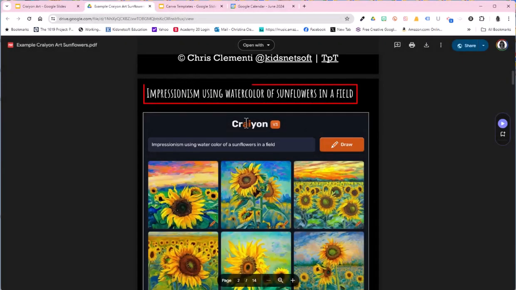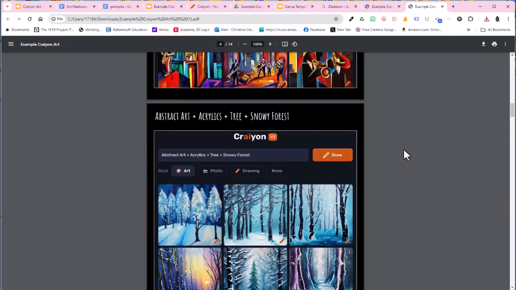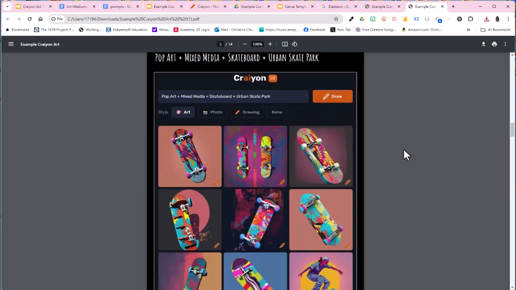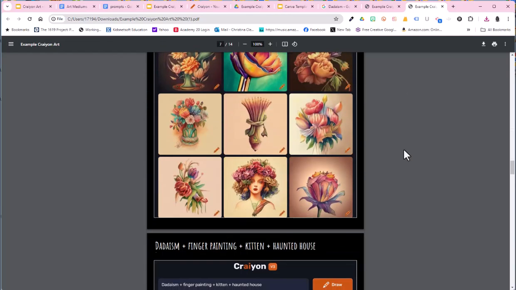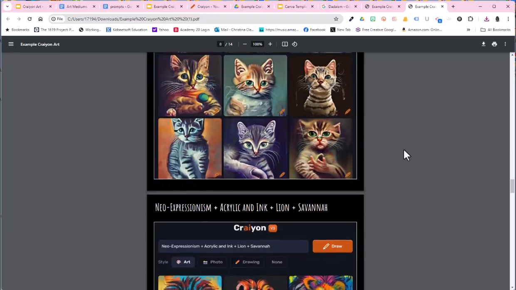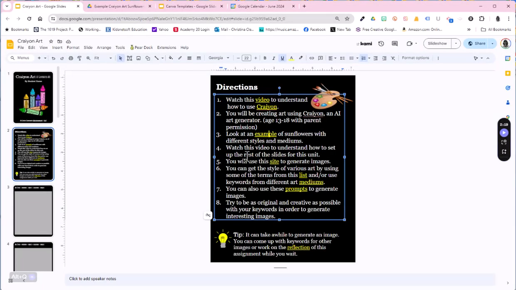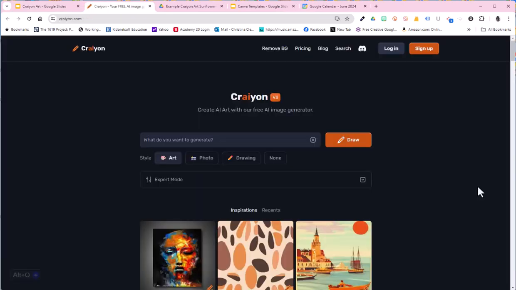So here's an example of impressionism using watercolor of sunflowers in a field. So you want to put in keywords that will generate a certain image. So you can scroll through that to see the different examples and look at the keywords to see what was generated. So what you're going to do is use this site, the Craiyon site,